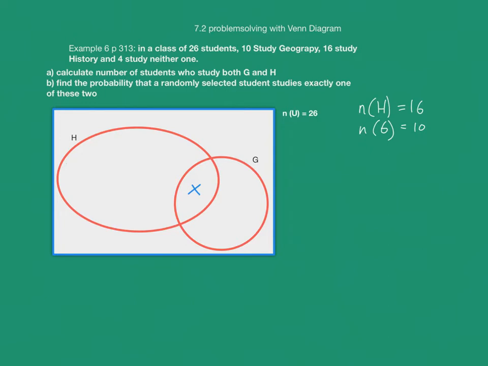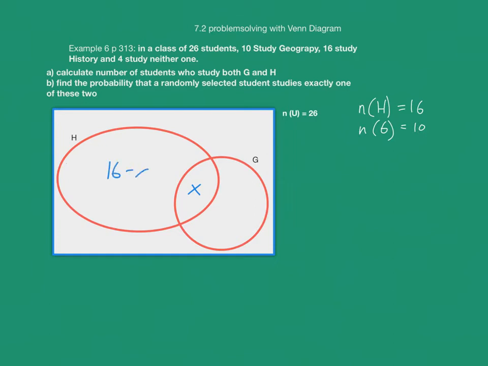Could we write a number in the history set? No, not yet, because we don't know exactly how many we should write here. I mean, we do know that within this whole circle, there are 16 history students. But they are divided between this part here and this part here, which we don't know. So what we need to do is we need to write